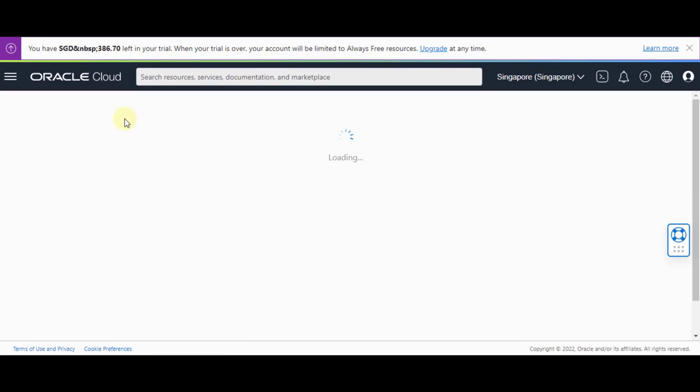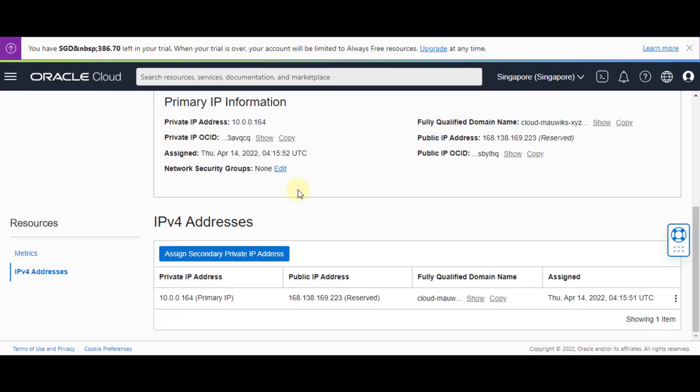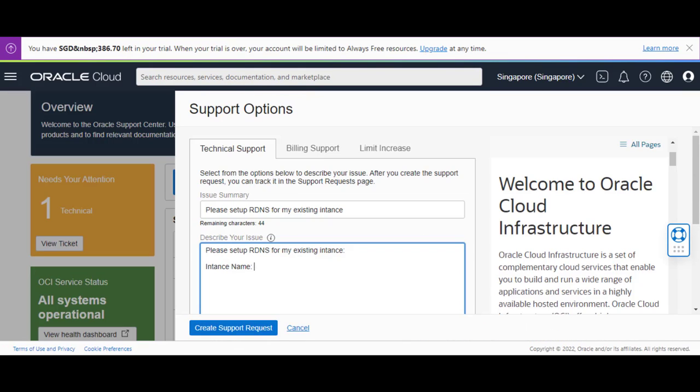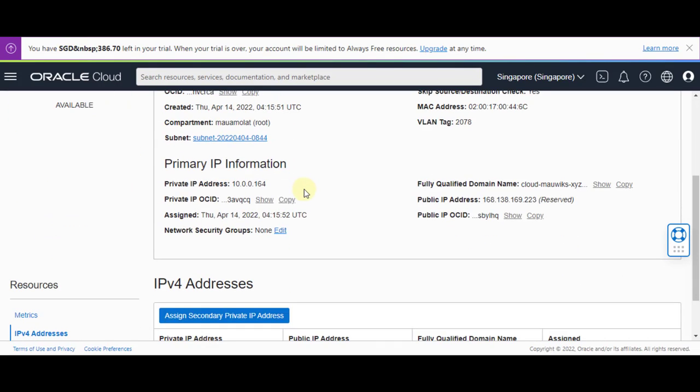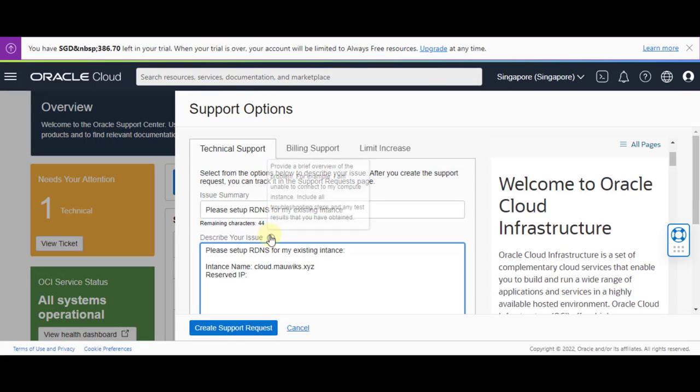Sorry. Copy the name of the reserved IP, I believe. Copy the name of the instance and then the reserved IP here,